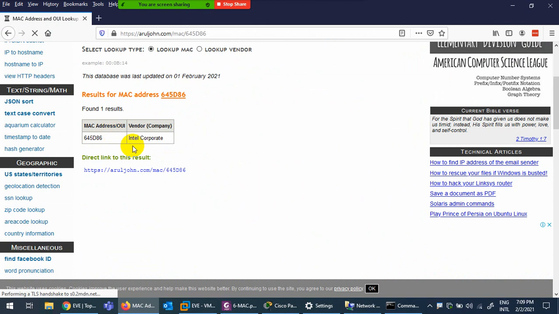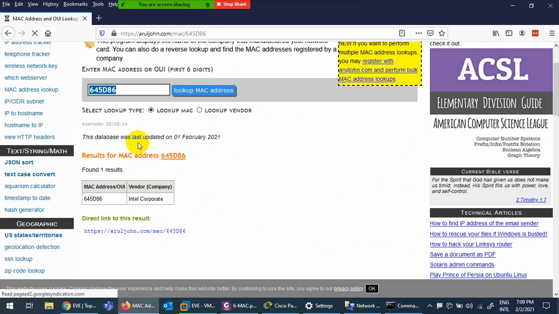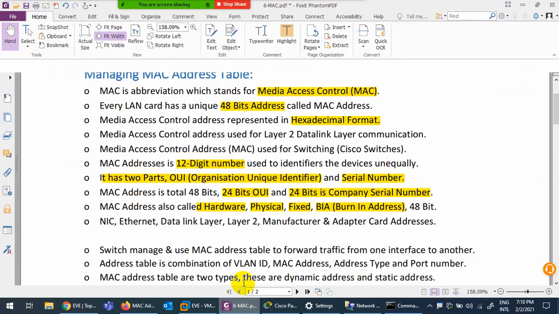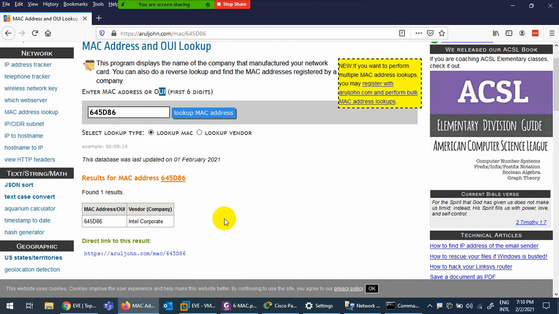It will show you this is Intel because of the first 6 digits. These first 6 digits are assigned to Intel Corporation, and they even mention OUI here. I just told you what OUI is, organization unique identifier. They say type the first 6 digits and we will find out the organization.